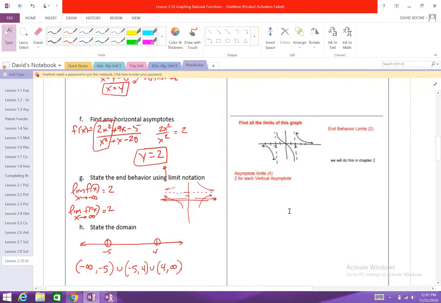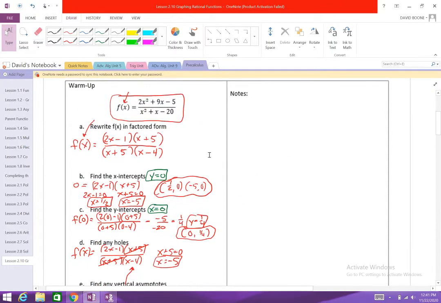All right. Well, let's just write some highlighting notes here just for you so you have these. The first thing we should always do is factor first. That's what we did right here, down here: get that into factored form because it helps us identify those pieces a little bit quicker. And as we did here with the x-intercepts,